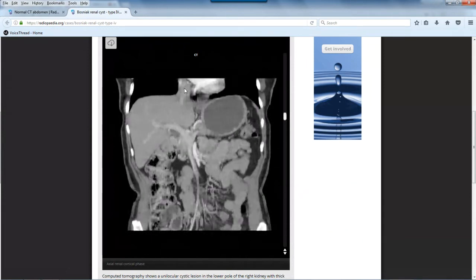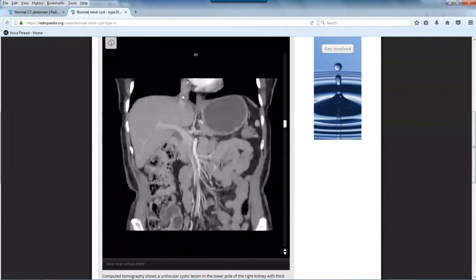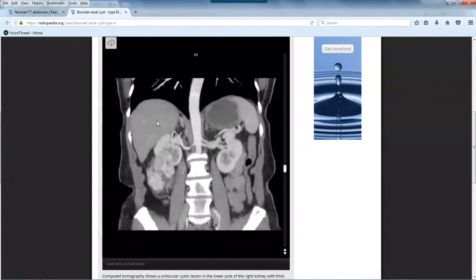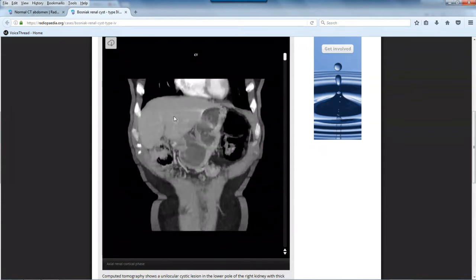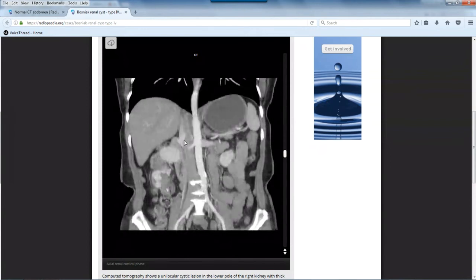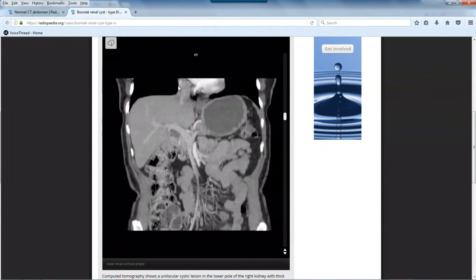Here's your inferior vena cava coming down. This is probably the first branch right here, coming off the inferior vena cava as it travels into the liver, the hepatic vein, and it's cut off. It's hard to see anteriorly. There it is as it's coming in to the liver, and then the rest of the inferior vena cava travels down through the rest of the body. Okay, so that's your